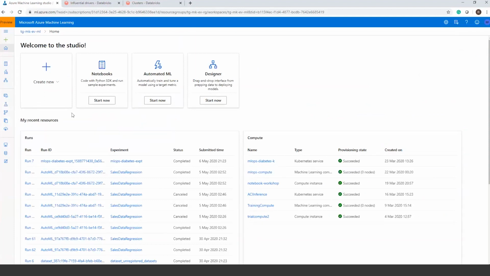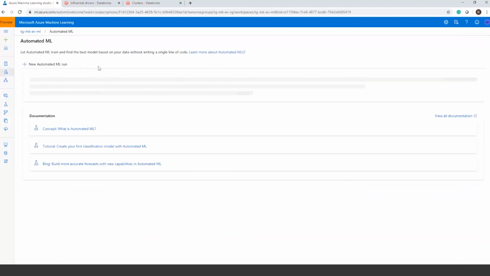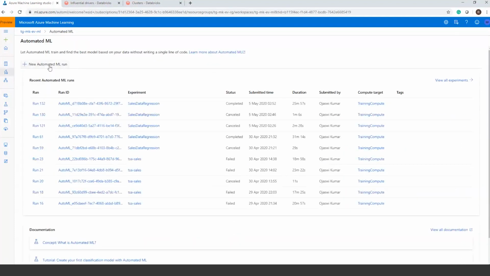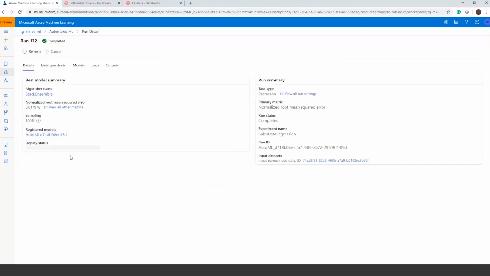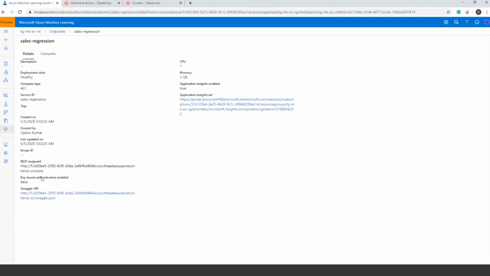Let me actually quickly dive into automated ML. Automated ML is as easy as you providing it a set of data, which it can then run a bunch of algorithms on, and then choose which algorithm works best on your data and build a model corresponding to that. Once that is done, you essentially create an endpoint, which allows you to access this model from applications outside. And this endpoint gives you the information which you would use in an application like Power BI for its consumption, or for the model's consumption itself.